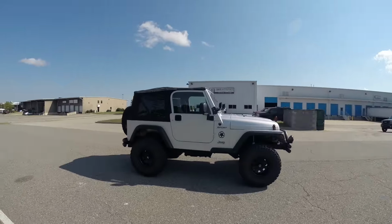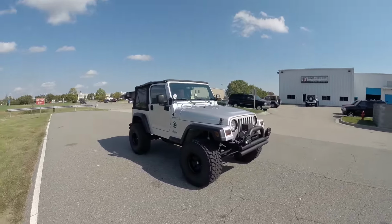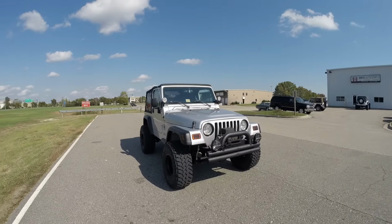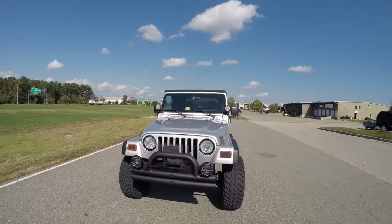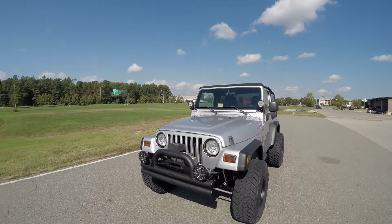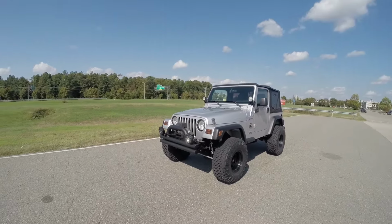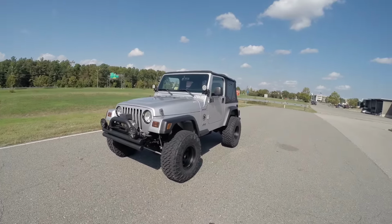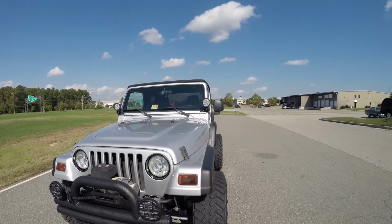Again, 05 Wrangler Sport, 6-cylinder, 6-speed. Has a 4-inch Skyjacker lift, a bunch of upgrades to the steering and suspension system, which we'll get into in more detail later in the video. 33-inch tires, new wheels,